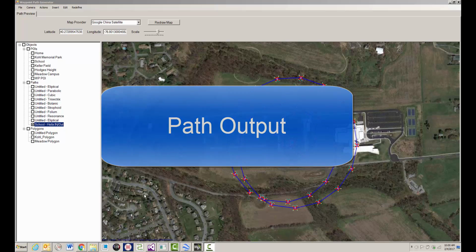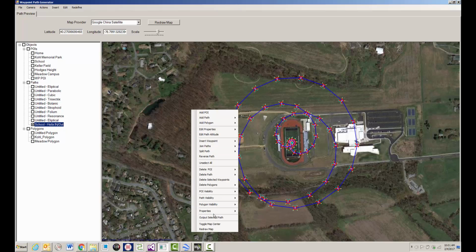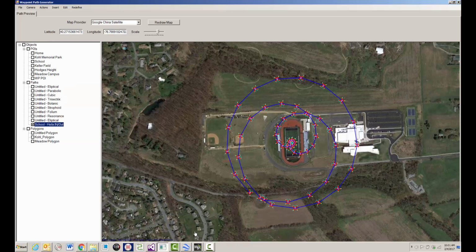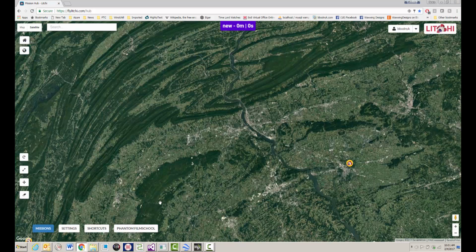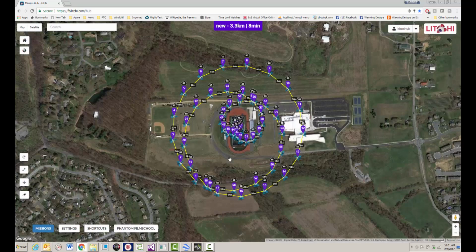Once I've verified that the altitude and the path look correct, the next step would be to output it into a form where I can read it into the Litchi Mission Hub application. So with the path selected, I'll output the selected path and tell it to output it for Mission Hub. If I then open up Mission Hub, I'll go into my mission, say import, import a new mission, and notice it zooms up around